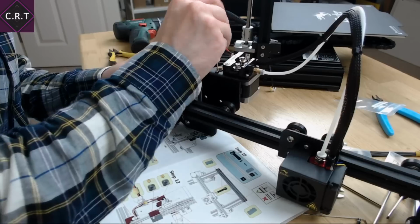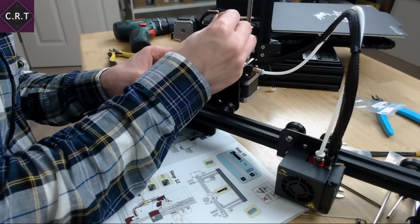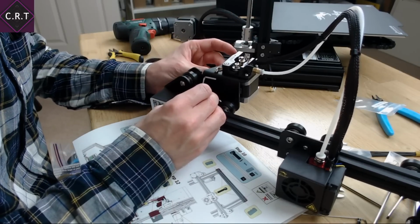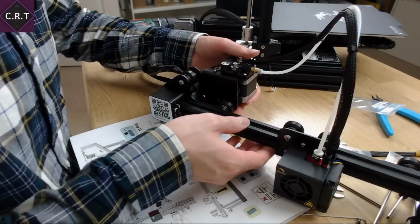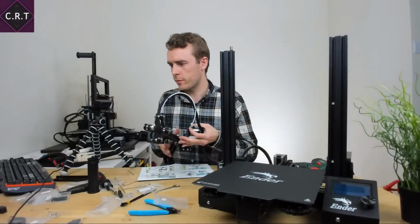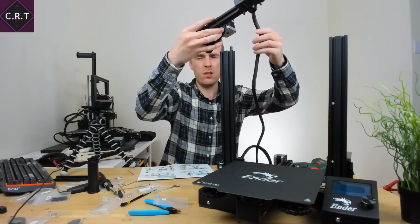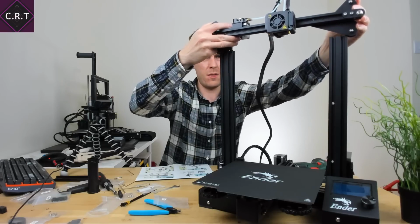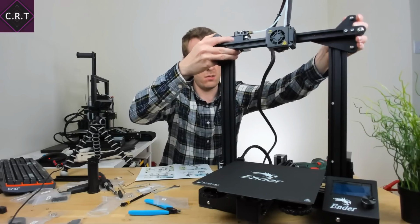I mean, this should move, presumably, when I get that loose. Not a lot, but just a little bit. There's a tiny bit of movement there, but not a lot. Hopefully that's going to be sufficient. So let's go wide. Now we just need to lift this up here and just carefully place it on